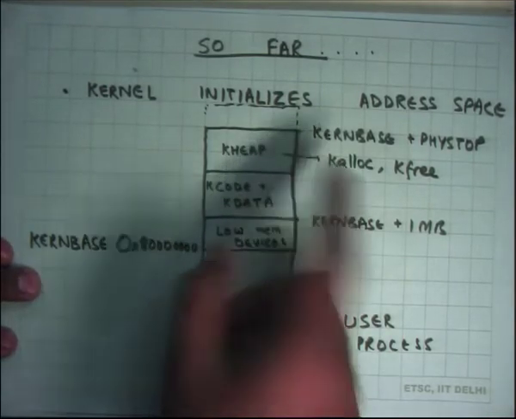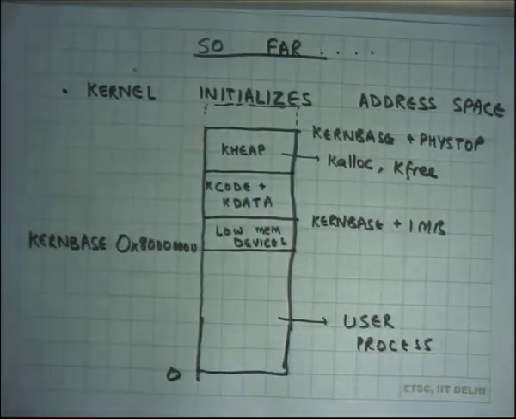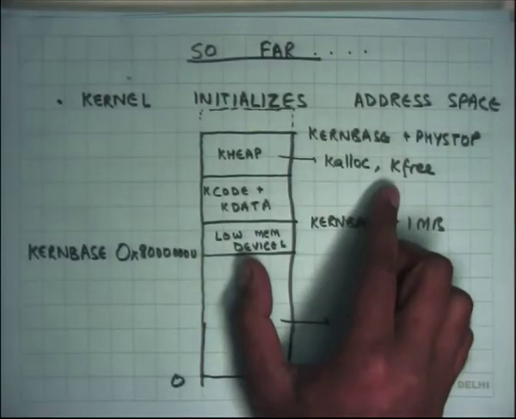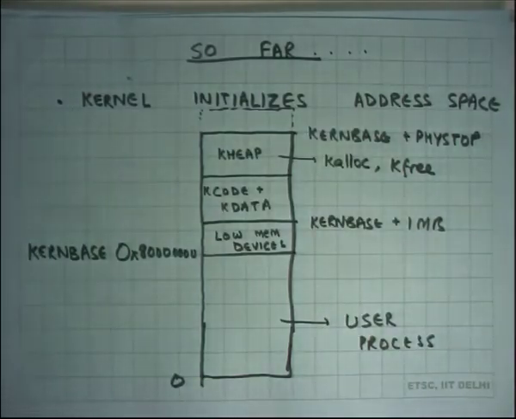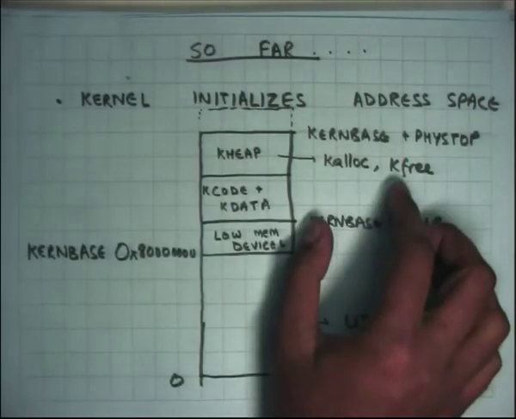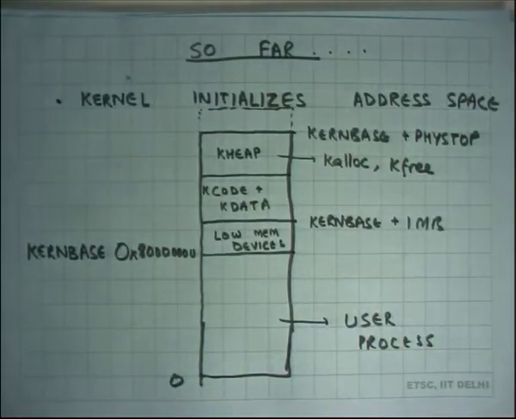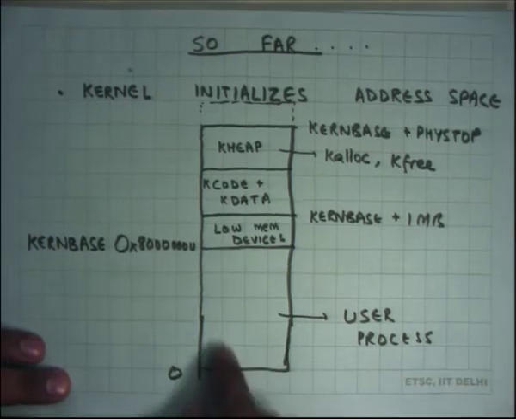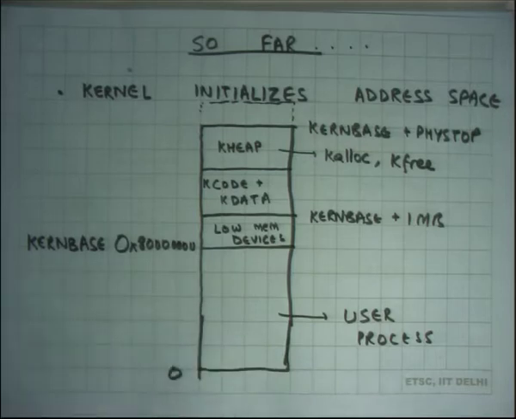The rest of the space available from this point onwards is what's called its heap, and that heap is managed using functions called kalloc and kfree, right. If I want to allocate some space, I will call kalloc and it will allocate a page from this space for me, and I can safely assume that page will not be overwritten by anybody else. Then kfree adds that page back to the free list so that memory can be reused, and that way you don't run out of memory. And this lower address space from 0 till KERNBASE is reserved for user processes.